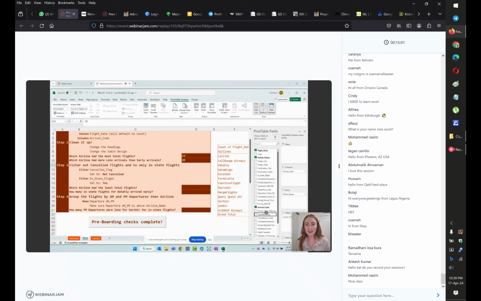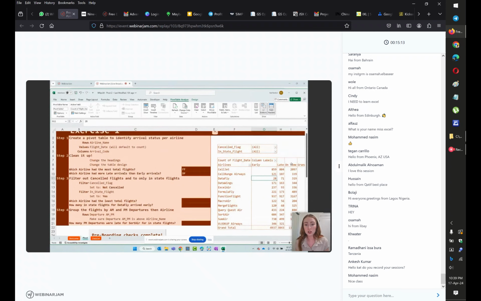And this is where we're going to leverage our canceled flag as a filter. So this is essentially a little data point that says, was it canceled? Yes or no. And then we also want to do the in-state flight tag. And that will also give us a little yes or no if the state was in state for the flight. So here, if I come over to canceled flag, I'm going to mark it as not canceled, right? Because we want non-canceled flights. And then we want to see only ones that were in state. And when I do that, it'll actually filter the data we don't want to see right out of our table